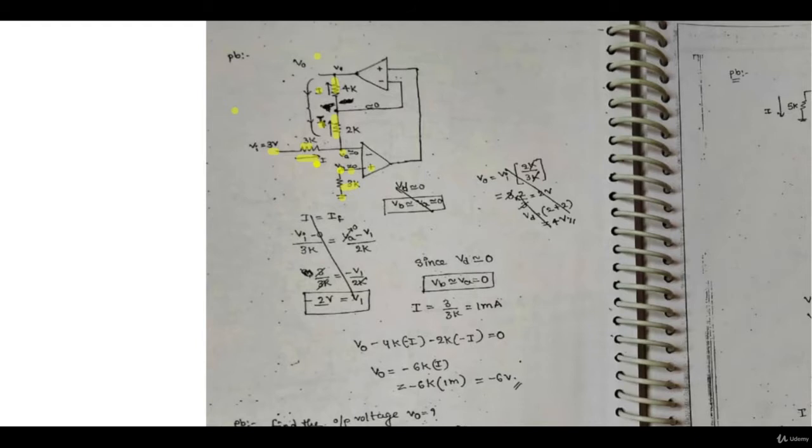First of all, by applying virtual ground, these two voltages Va and Vb are the same, and Vb is 0, so Va will be close to 0. So I will be 3 divided by 3k, that is, this voltage minus Va divided by 3k, which is 1 milliampere. The 1 milliampere will not flow into the op amp. Similarly, it will not go to this op amp, it will go straight to 2k and 4k.